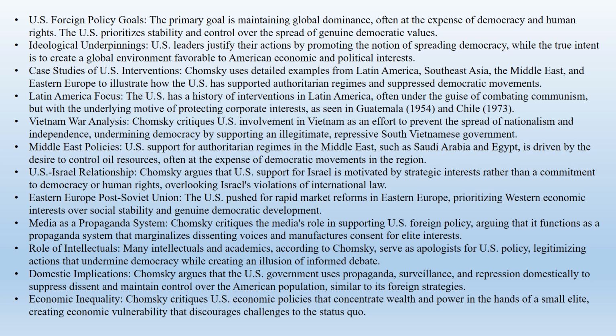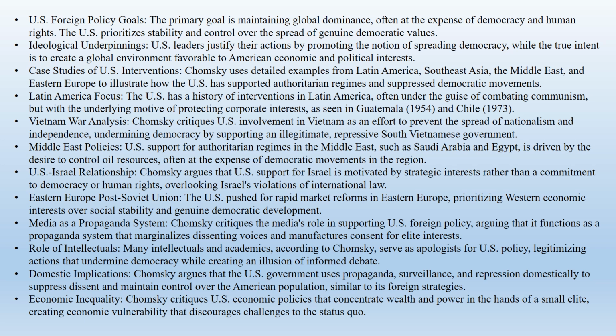Chomsky begins by challenging the notion that the United States is fundamentally committed to democracy. He argues that the primary goal of U.S. foreign policy is to maintain a global environment conducive to the interests of American corporations and the political elite. This requires a stable international order where U.S. influence is unchallenged, and any movement that threatens this hegemony, whether it be socialist, nationalist, or democratic, is seen as